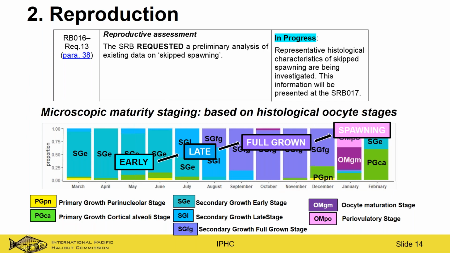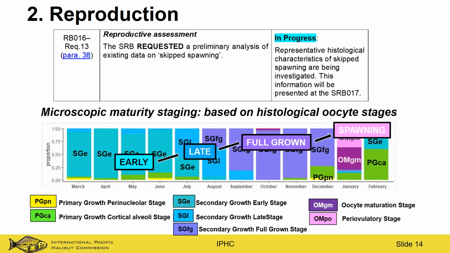So what you see here, and I think the animation played a little trick on me, is that on the x-axis you see months from March on the left to February on the right, and then you see the proportions of females on the y-axis, knowing that the total number of females in each of these months was 30. So what you can see is that when we classify the reproductive stage of females based on the histological oocyte developmental stages, then we can clearly see